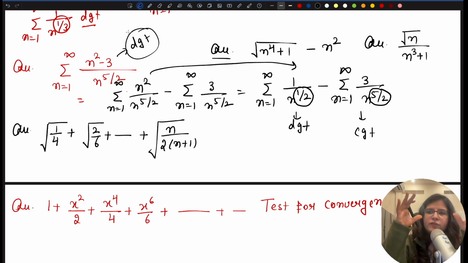ठीक है, so if both are divergent, the series will diverge. If both are convergent, the series will converge. Their summation and their difference, है ना. Sum of two convergent series is convergent. Sum of two divergent series is divergent. ठीक है. और whenever there is a difference as well, difference में भी same चीज़ रहेगी. If one series is convergent, other is divergent, overall my series will diverge. So it is a divergent series.